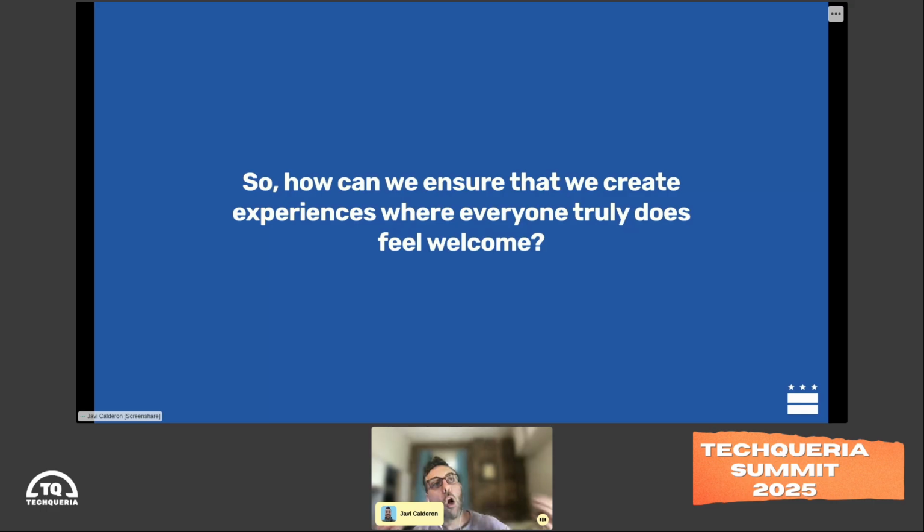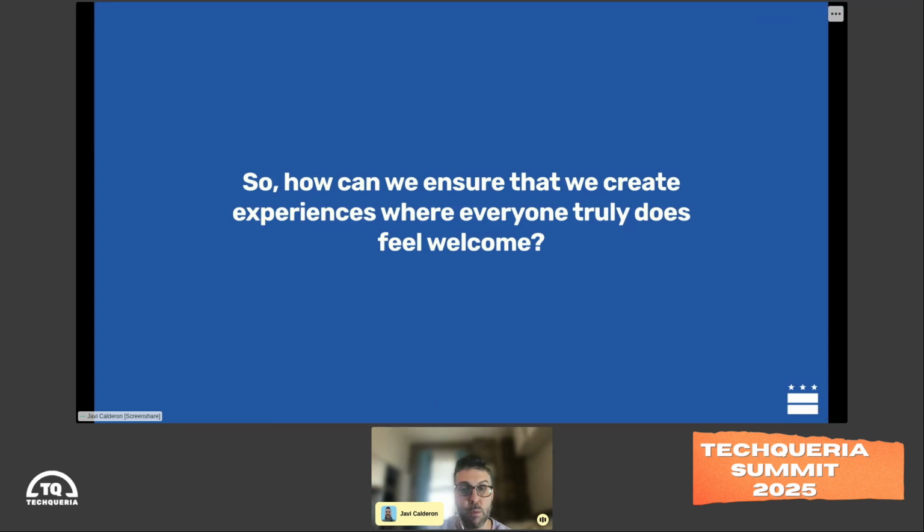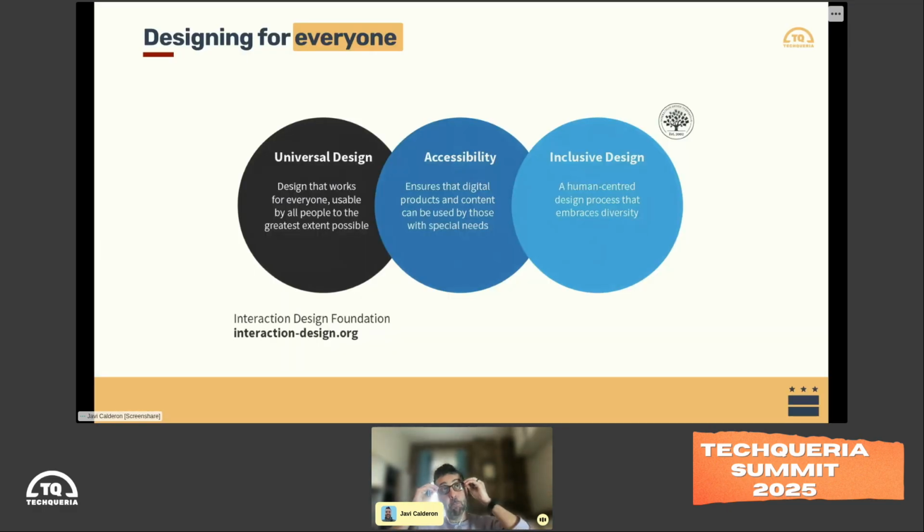So our goal is to make sure that everything we create, we do so from a lens, with the result being that anybody who interacts and engages with it truly does feel welcome, right? And I think in terms of our communities, that is paramount, right? We want to make sure that everybody feels represented, seen, welcome, safe, and valued in any kind of community space that we create. So getting into some definitions, a little bit about accessibility, a little bit about inclusive design.